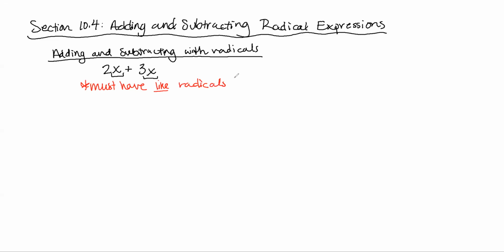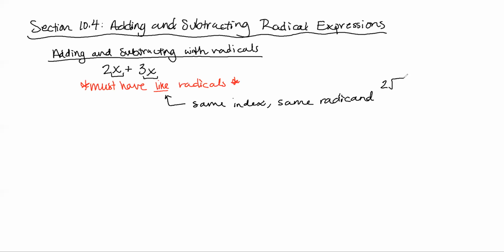And so what I mean by like radicals is that we have to have the same index, kind of like you have to have the same exponent here, and the same radicand. So the same thing inside of the radical symbol. So something like